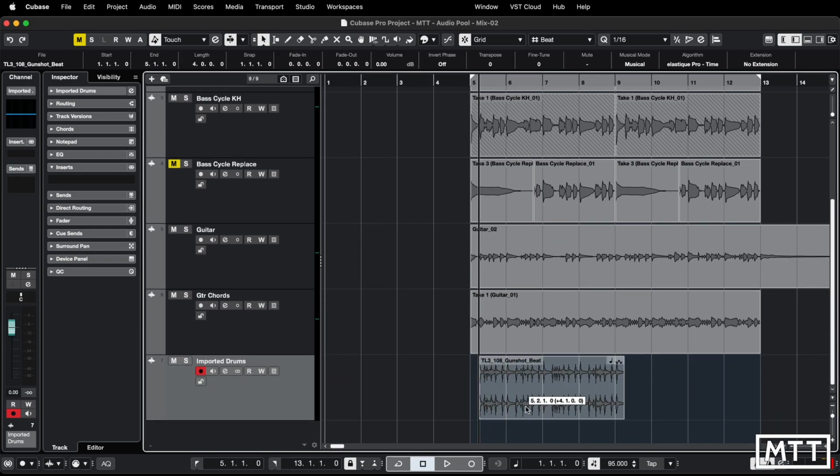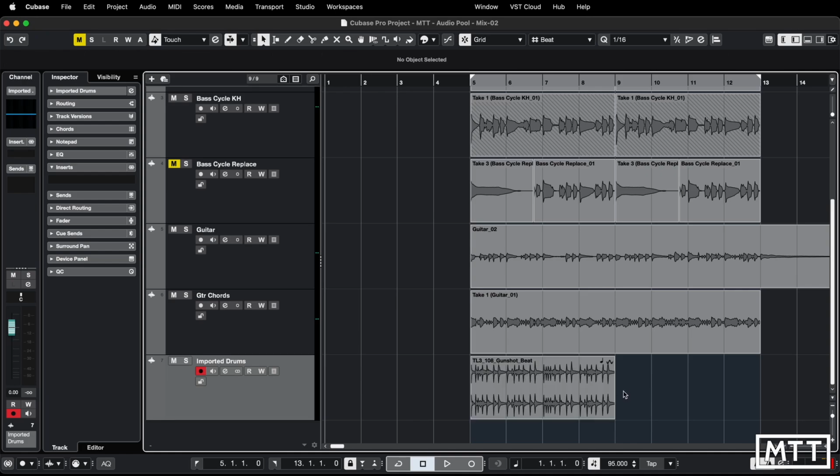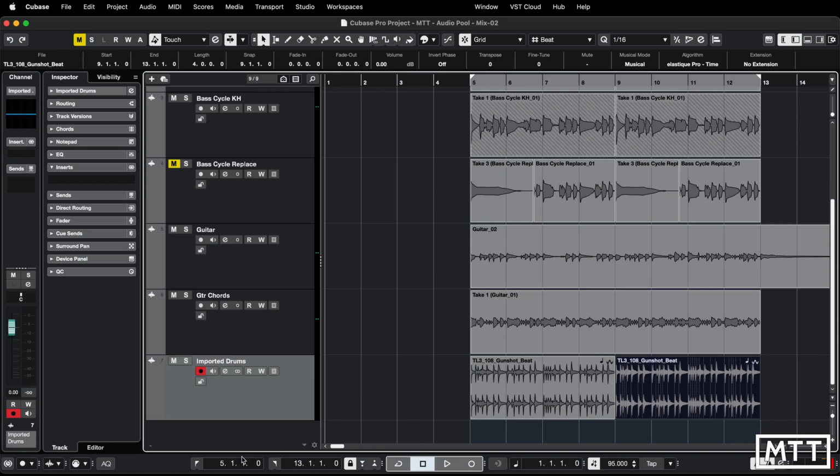So here's our imported drums. And note, we've got the little wobbly icon, which shows that this has been stretched to fit. So it's in musical mode, which is indicated by the note, and then the Veri Audio icon shows that this is actually being changed to fit with what's here. So I don't know whether this will fit musically. It probably won't, given the fact I just randomly selected it, but